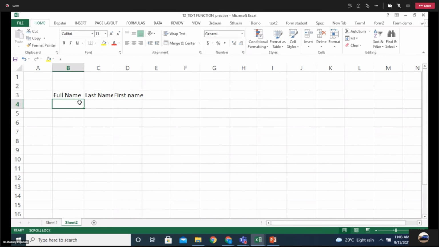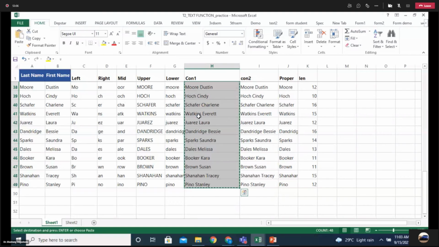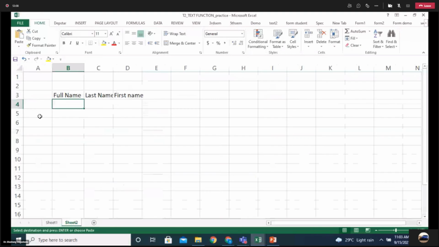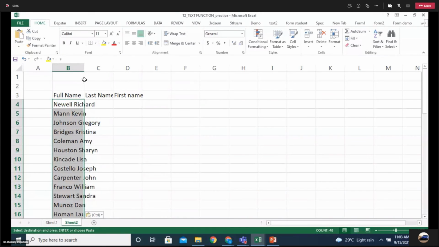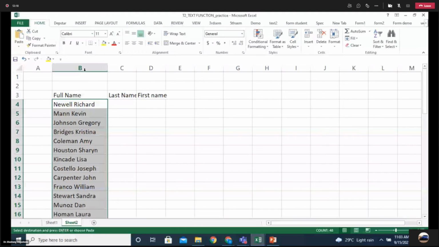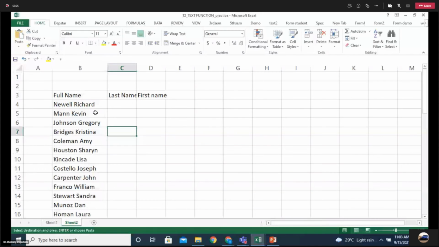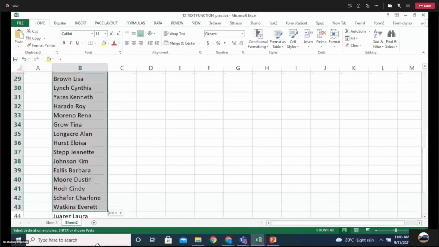For example, I want to copy here. First of all, I copy this and I paste here, and you want to paste here as values, means this is your values. Okay. Now you want to separate first name and last name. How to separate this? First of all, you select this,